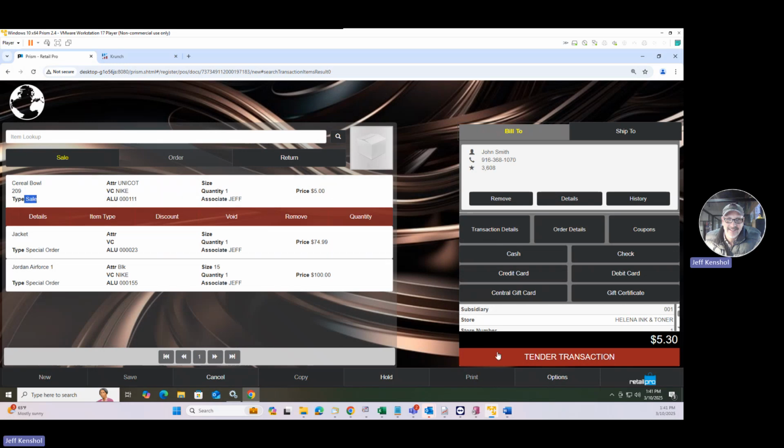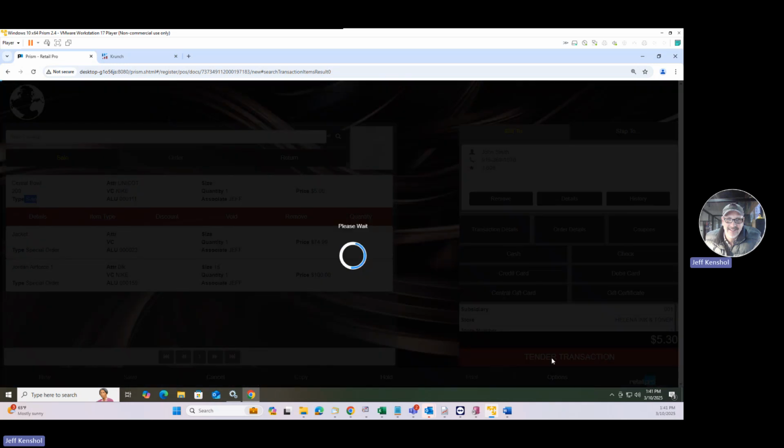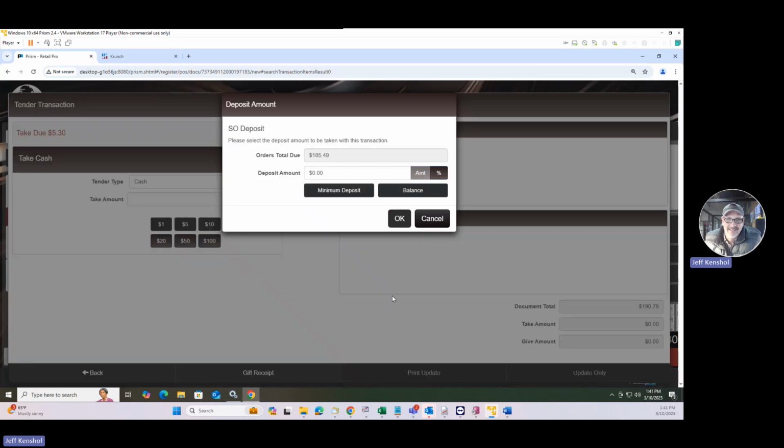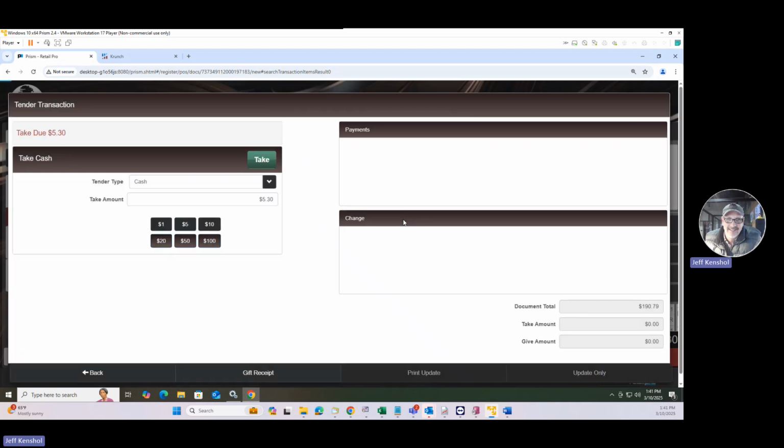Anyway, so we got a tender, and it pops up and says, okay, these loyalty points are popping up for this customer. Let's just skip this. This is not about loyalty points today. There's our deposit, right? So with the special order, normally I would recommend taking the full amount because I could have just clicked balance, right? But